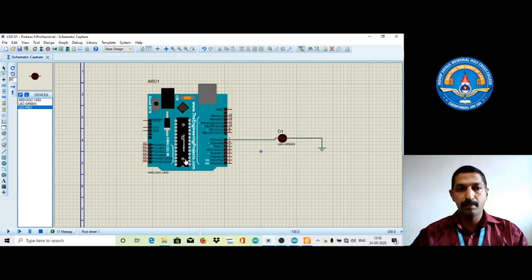Adding one more pin here, connecting with pin number 11. It's also to be connected to ground, so I'm clicking on one more ground signal.